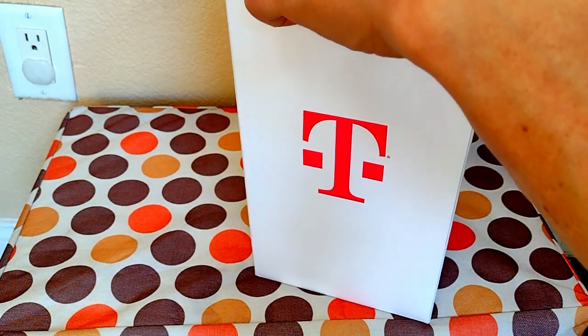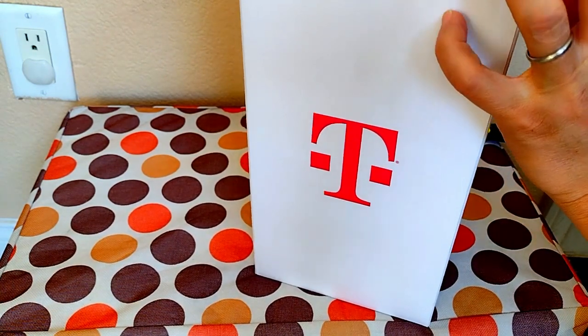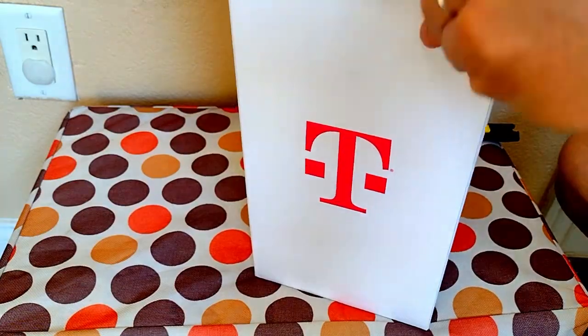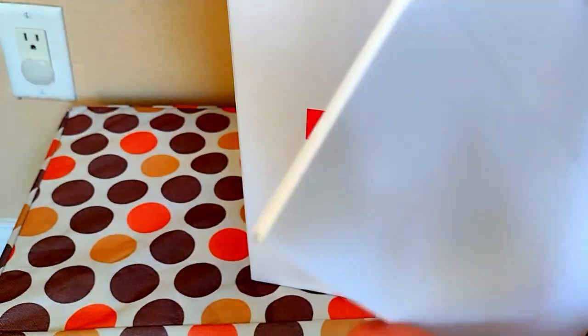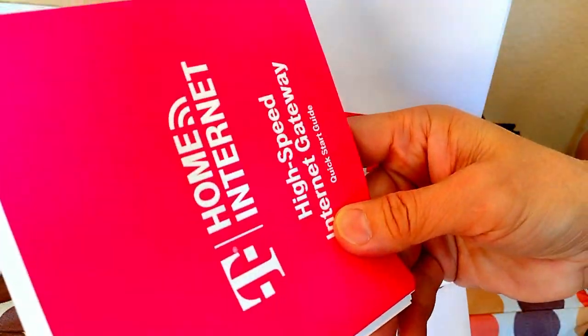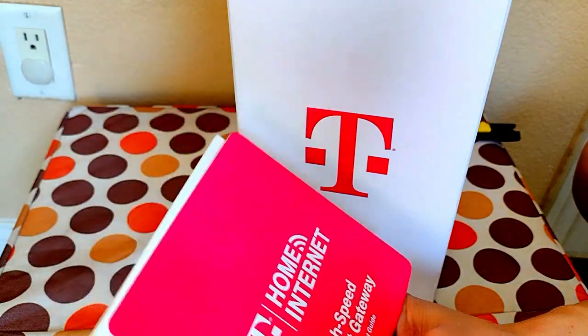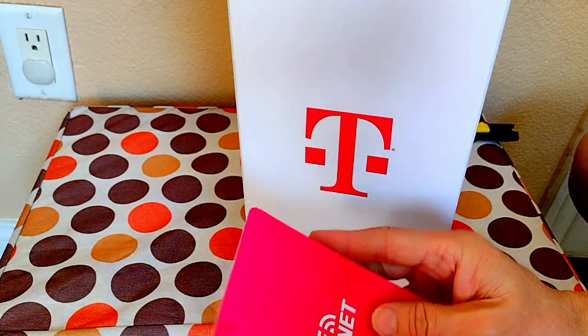You know, a lot of the Asian countries have way faster internet than us. So when you first open it, it comes with a little packet. Home Internet. There it is. High-speed internet. Well, let's see how